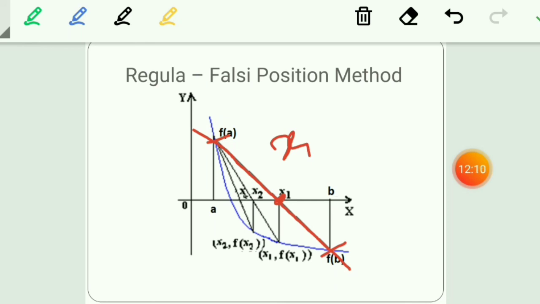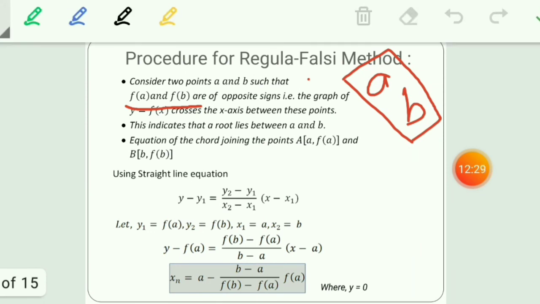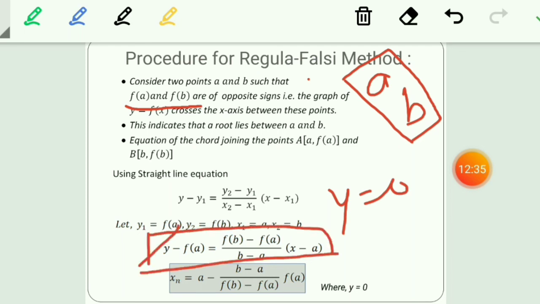I have the equation for this straight line, and if I put y equals 0 into that equation, then I'll get this x1 value. So in the same equation, we are going to put y equals 0. When you put y equals 0, this term will become 0, and then you can find the value of x. This is our point of interest. I kept y equals 0 and transferred all the variables from the right side to the left side, and I got this equation.